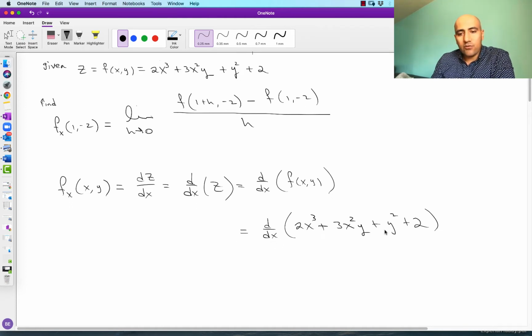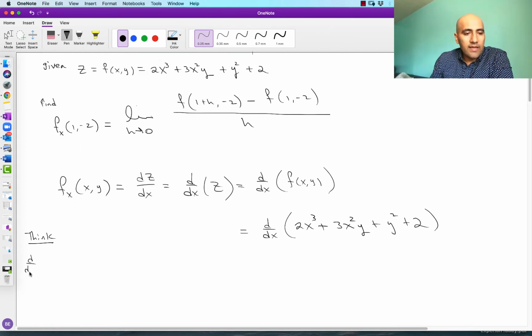Now, when I actually take the derivative, we're going to follow all the exact same rules as before of finding derivatives. The only thing we have to keep in mind is, well, what do we do when we run into a y? Right? So for the purposes of finding a derivative with respect to x, the other letters are treated as constants. So even though it has a y there, think of just putting some number there and then what would happen. So think, let me put it over here on the side here, think